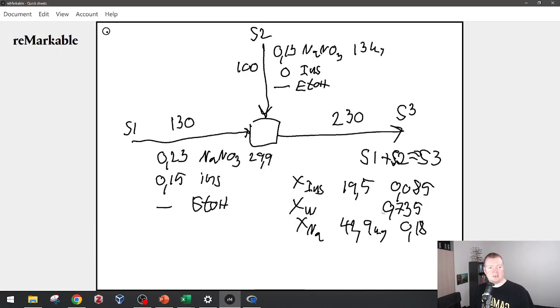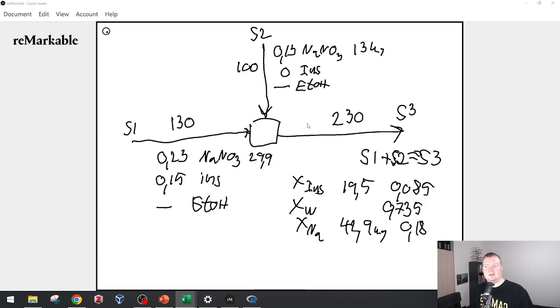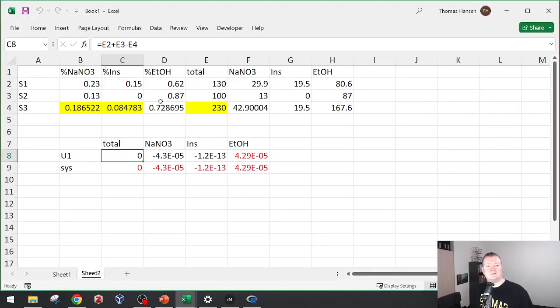And if we want to, we can look at what we got here. We said 18%, 8.5%, 73%. What did we end up with? Where is it? 18%, 8.5%, 73%. Yeah,